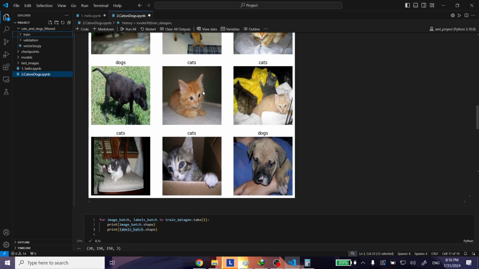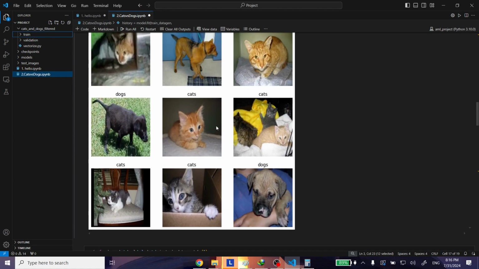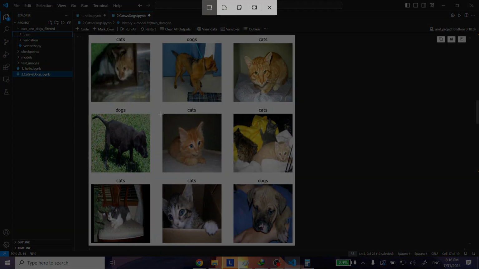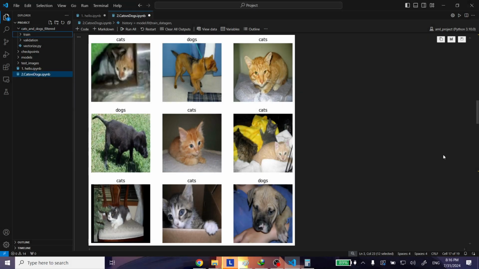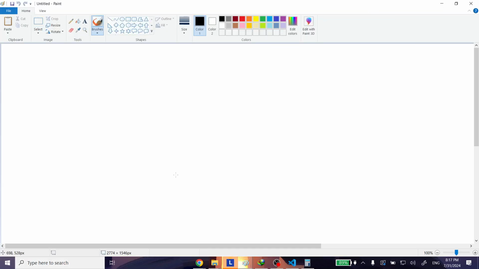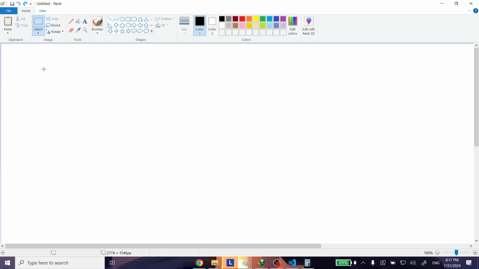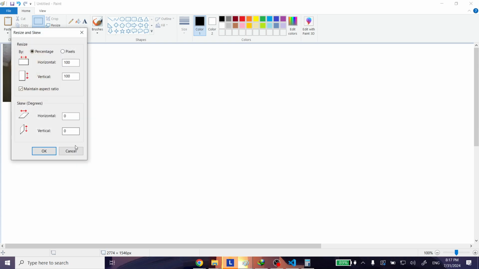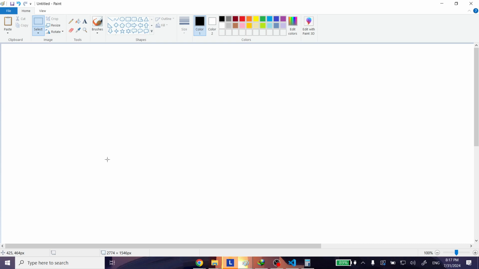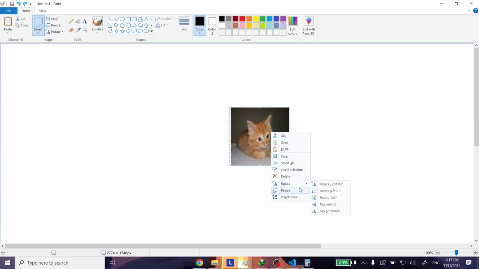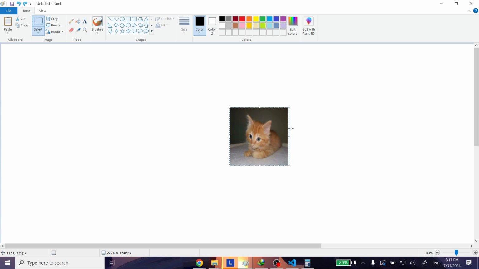Maybe your data set might not have an image of a cat where it has been flipped vertical, or where it has been flipped horizontal. Wait, there we go. So the image has been flipped horizontal, or